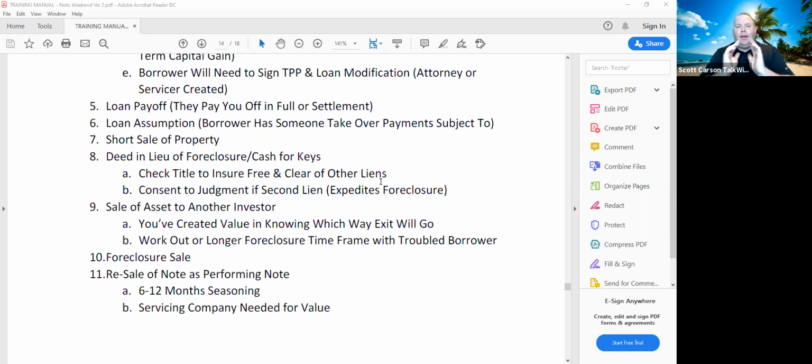And the same thing, if we send letters out and we don't get responses back from borrowers, and we don't get the letters back as returned, then we know this borrower is going to be a little bit more difficult. I said, "Okay, fine. We're going to start the legal immediately." But if I got half and respond and say they're wanting to work with us, that saves me on those